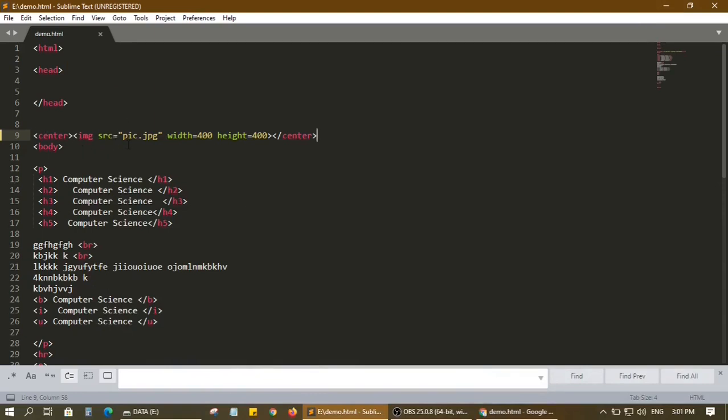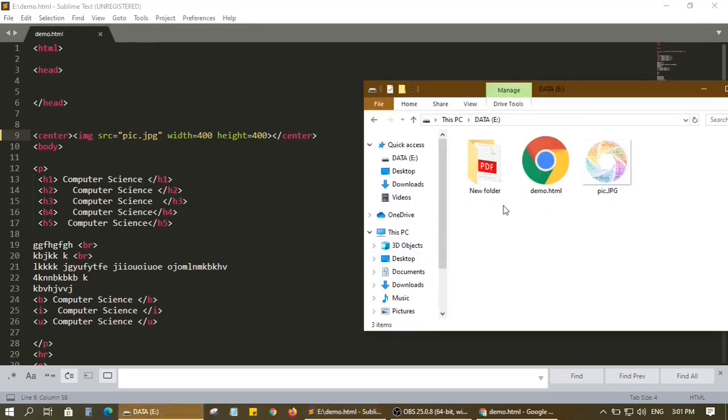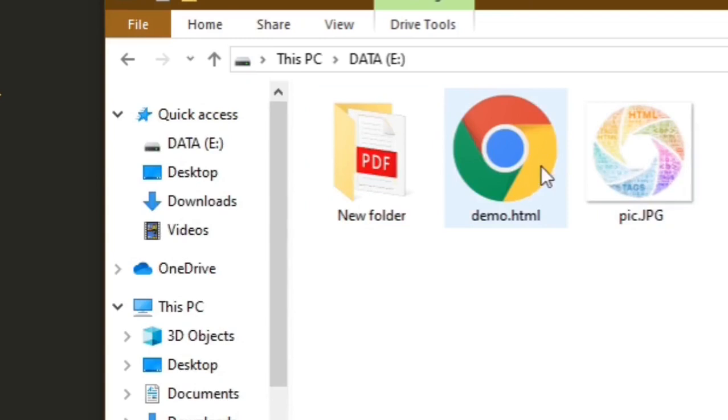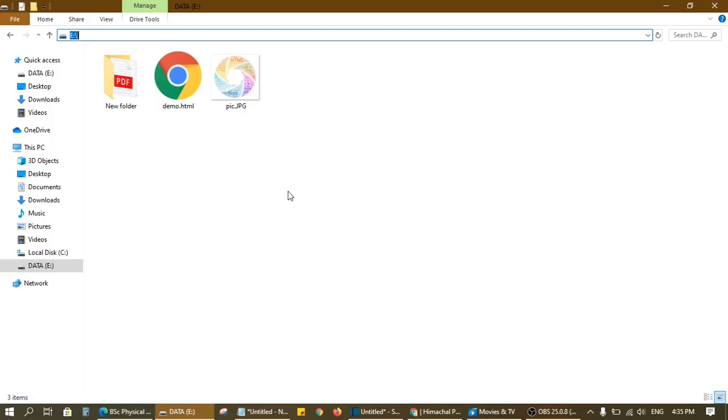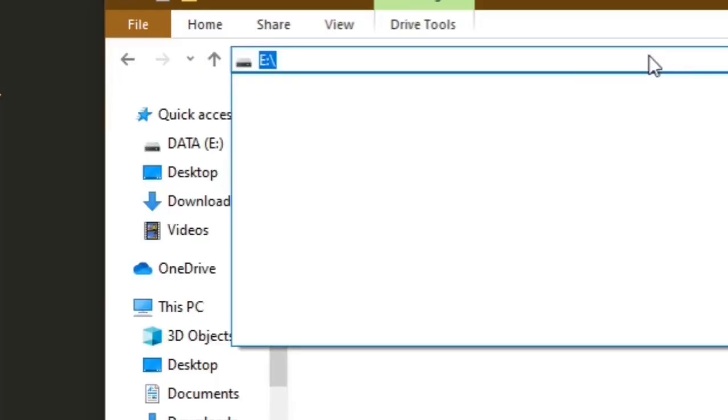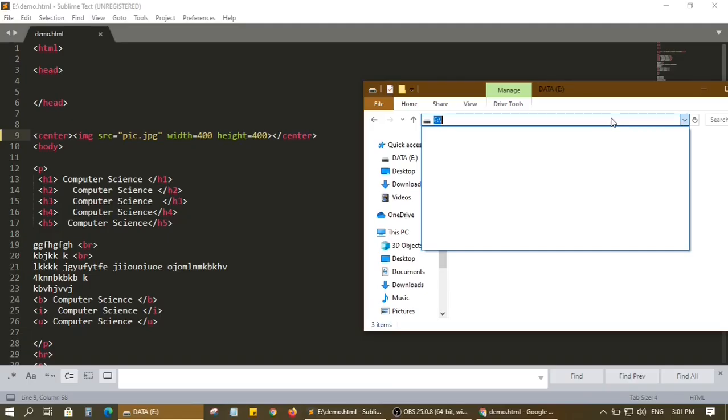There might be cases where this pic.jpg is not present in the same folder where demo.html is present. In that case, you have to write the correct path of the pic. This is how you do it.